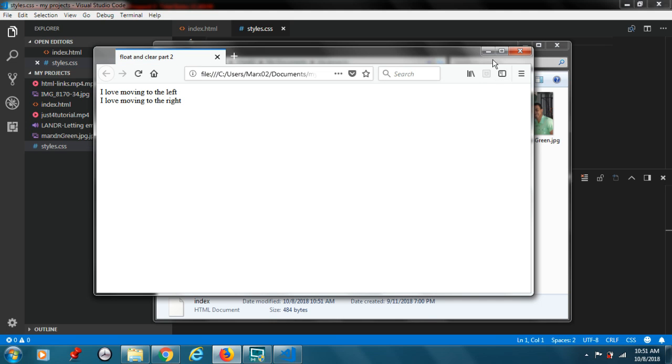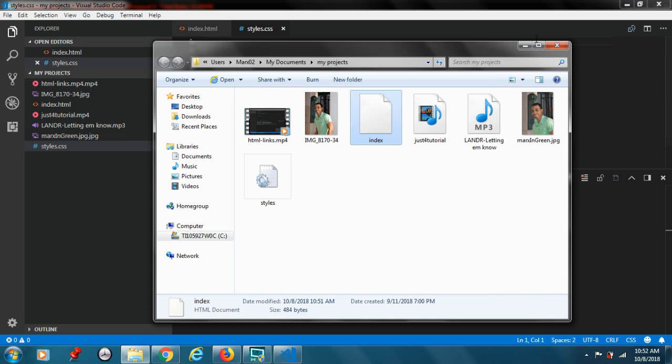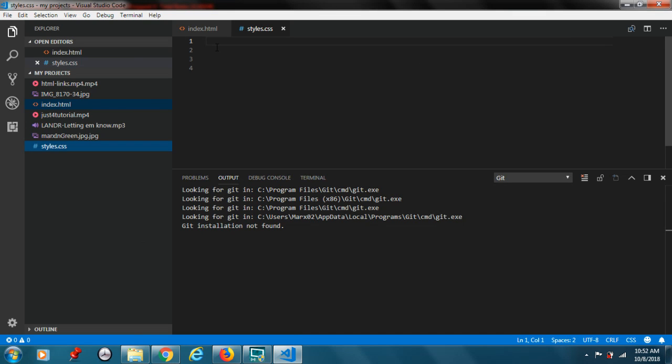Okay, so that's how your divs are going to be when you don't put any styling or any attributes or anything like that to it. They're just gonna be stacked on top of each other. Alright, so say if I want them to be floating across from each other or like creating a row, you could do